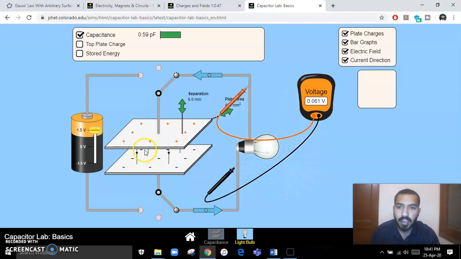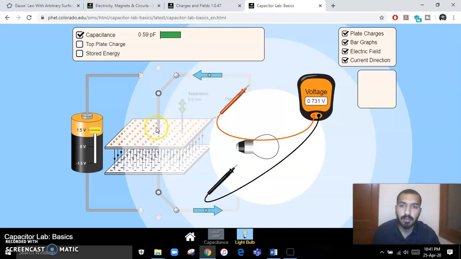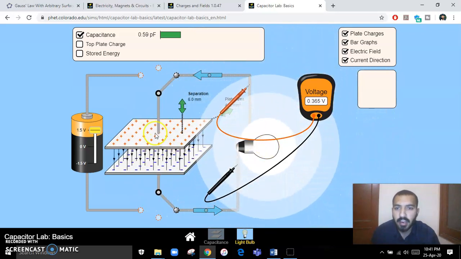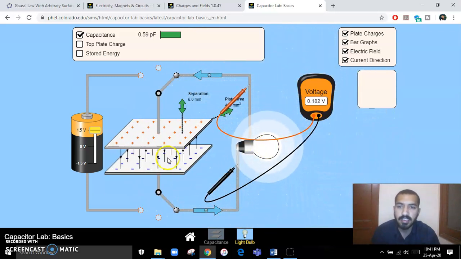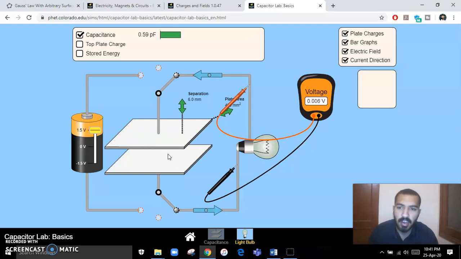So what can we do to make this discharging time greater? I charged my capacitor here, and when I put this capacitor on discharging and delivering voltage to this load, what can I do to increase this discharging time? You have to answer that question in the report. If someone answers, that will be very good. If not, then I will explain this phenomenon in the next labs, in the next lectures.